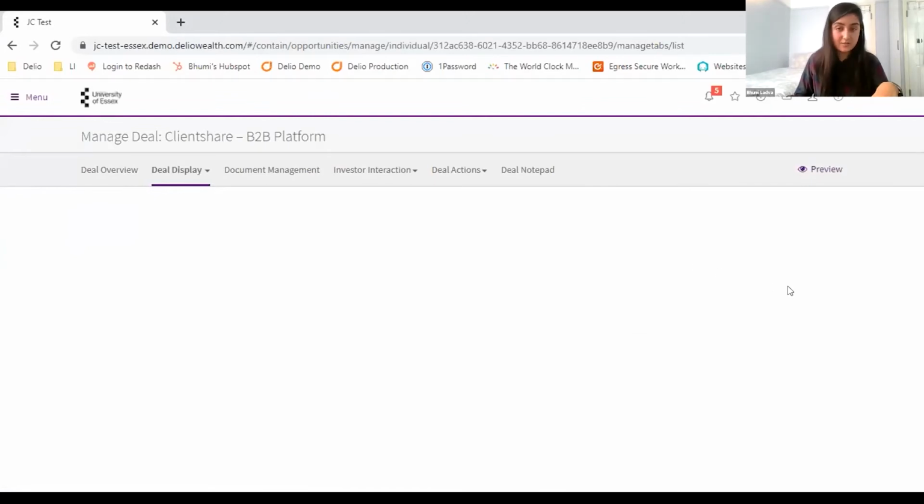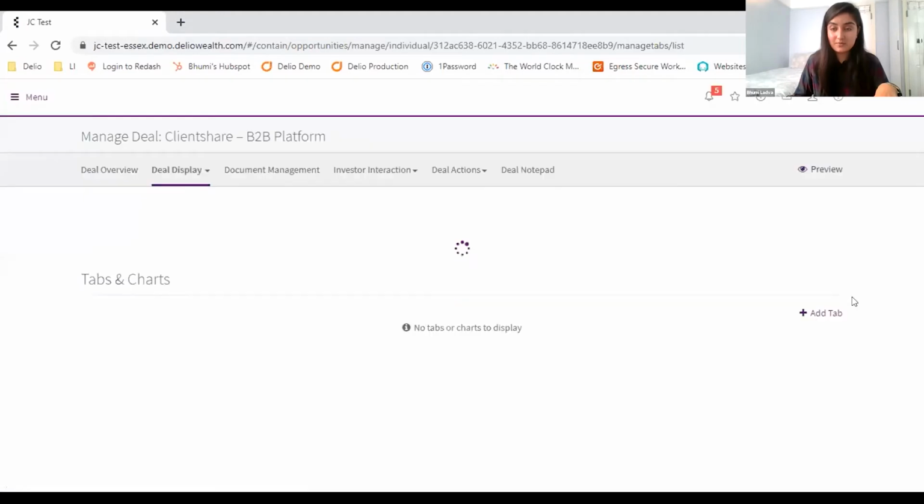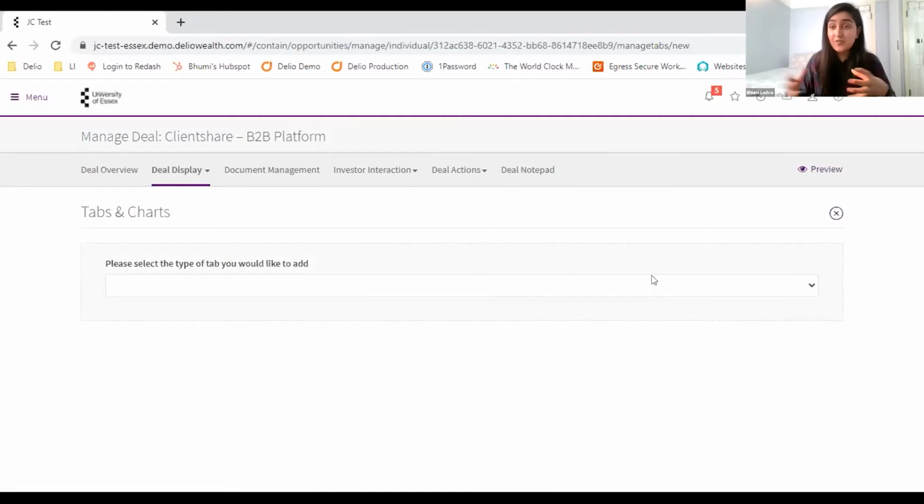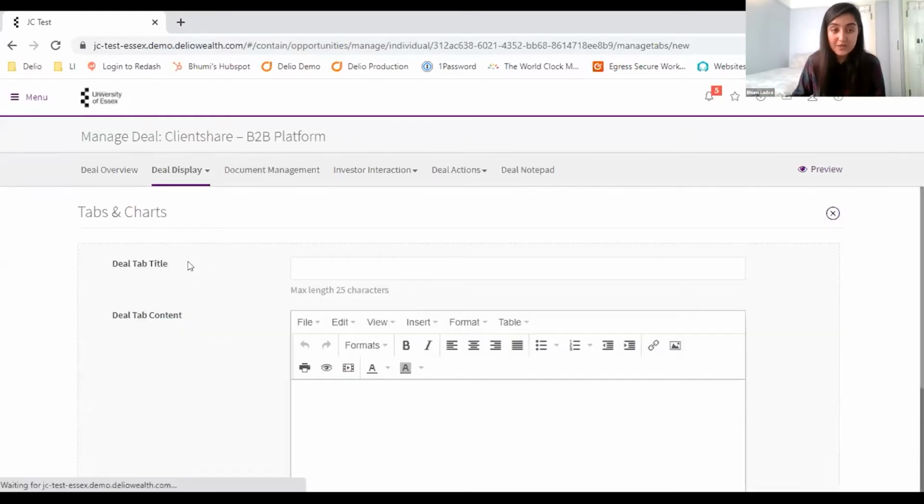The first thing I need to do is, sorry, my internet, is I will click on add a tab. This allows you to configure the deal information to the extent where, in your pitch decks, you might have a stage where it's showing financial forecasts or marketing material or growth stages, whatever it might be that you want the investor to be able to see immediately rather than download documentation. I can actually create specific tabs for that. So for this one, I'm going to create a financial